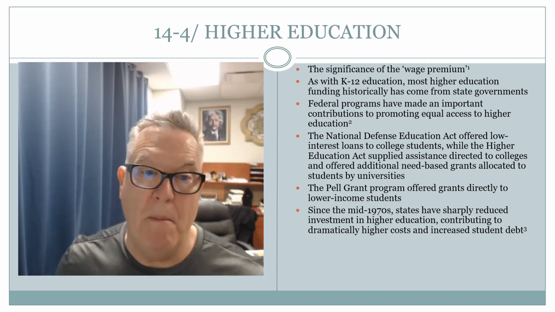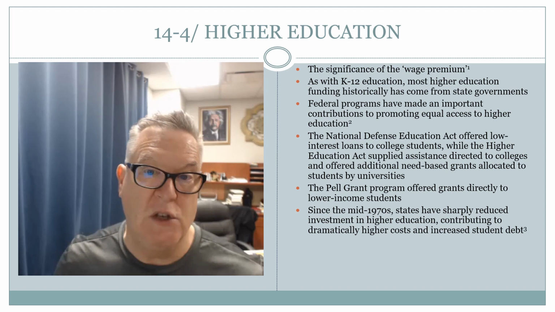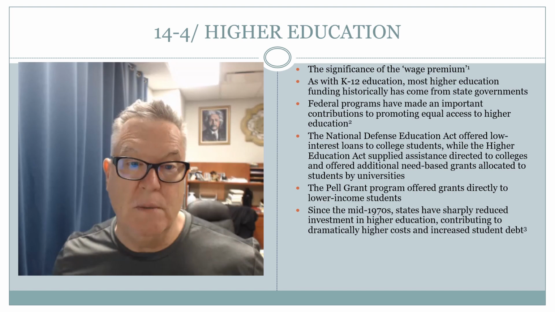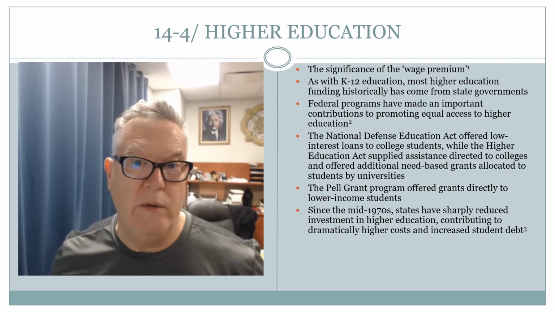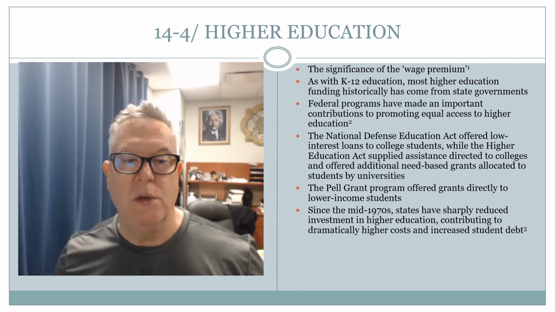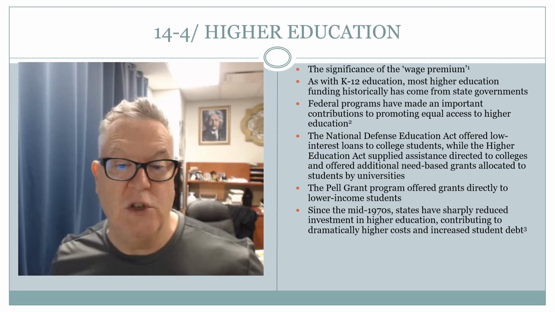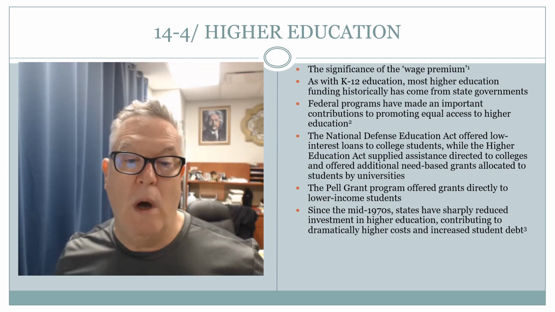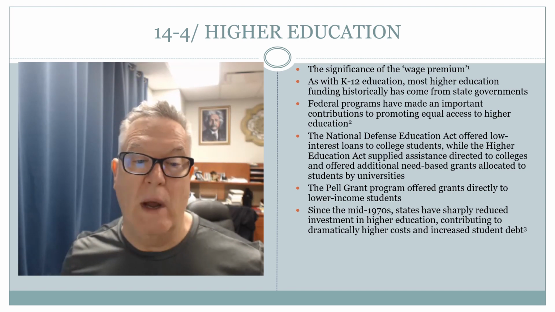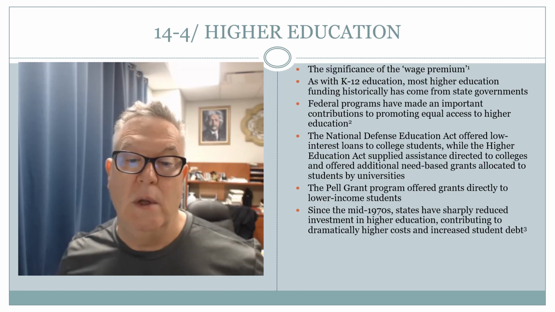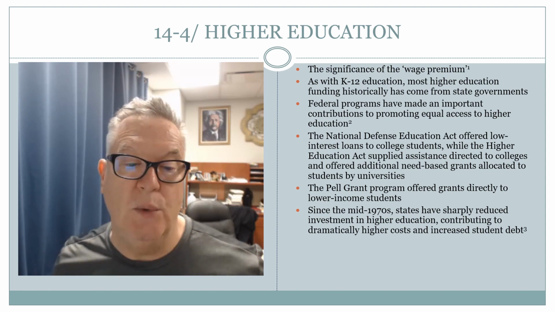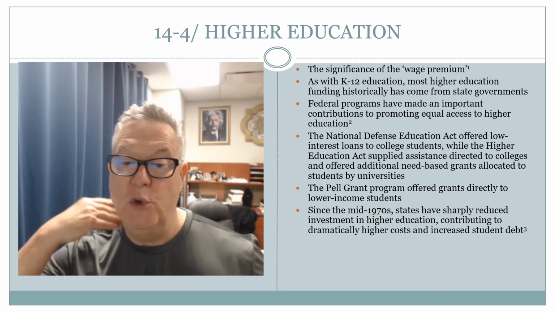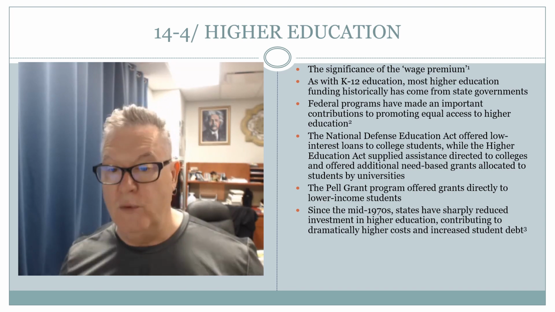The first and most dramatic demonstration of the power of a college education was the GI Bill, which put higher education within the reach of a whole generation of World War II veterans, most of whom would never have been able to attend college. The National Defense Education Act, as I mentioned in a previous slide, offered low-interest loans to college students, while the Higher Education Act supplied assistance directly to colleges and offered additional need-based grants allocated to students and universities. The Pell Grant program offered grants directly to lower-income students that they could use to pursue